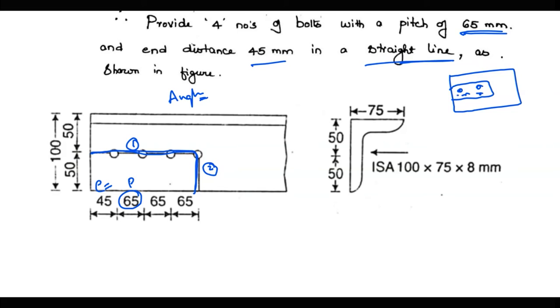It is going to be somewhere like this if bolts are there. Of course, if there is only one single set of bolts, one line of bolts, it is also going to be in this pattern only. So this will be the shear plane and this will be the tension plane. So you know how to calculate this.